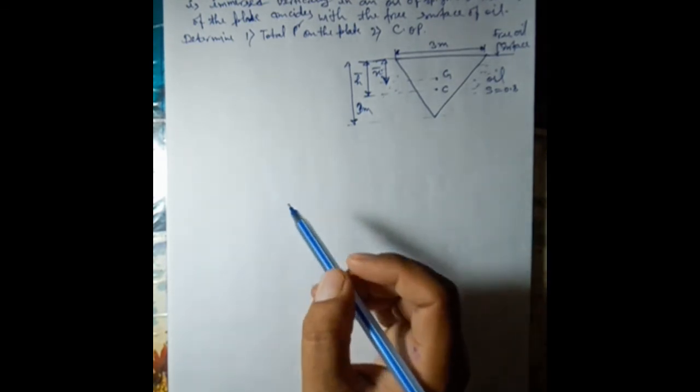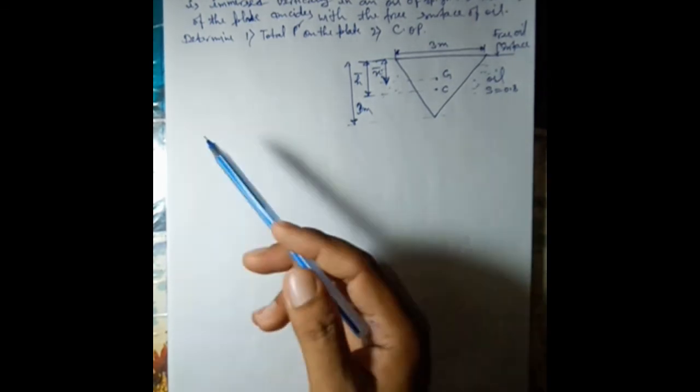Next example, an isosceles triangle plate of base 3 meter and altitude 3 meter is immersed